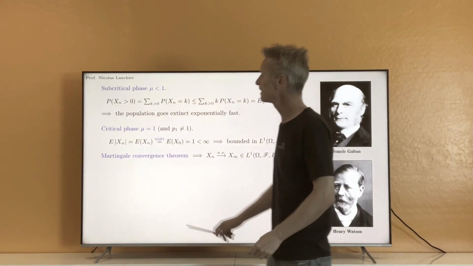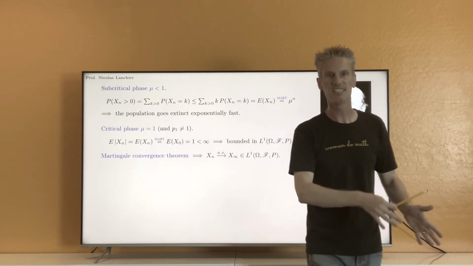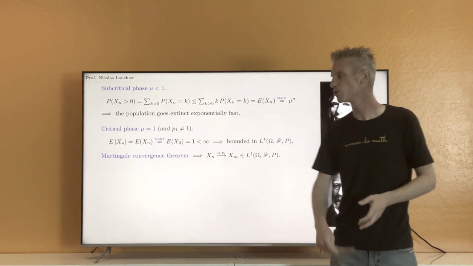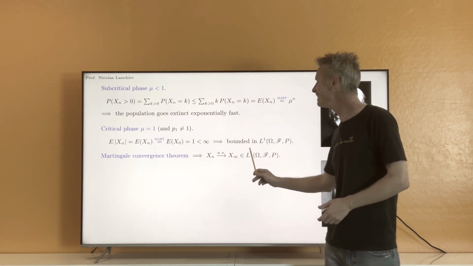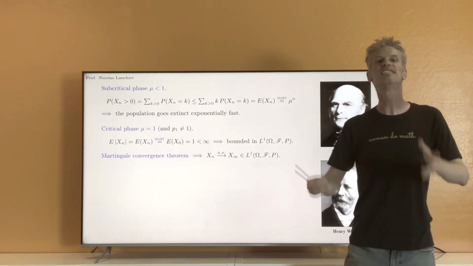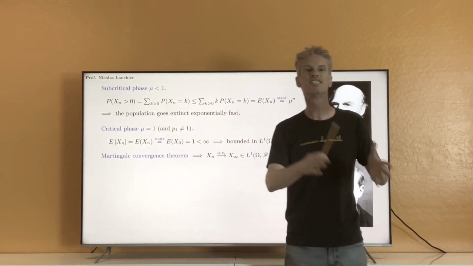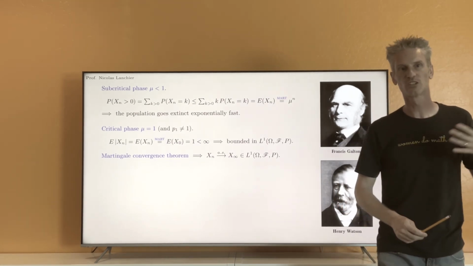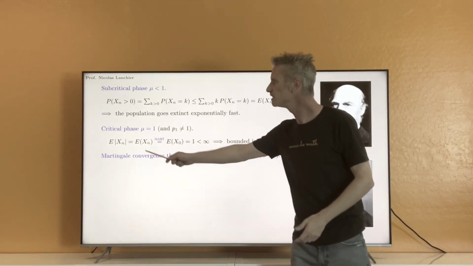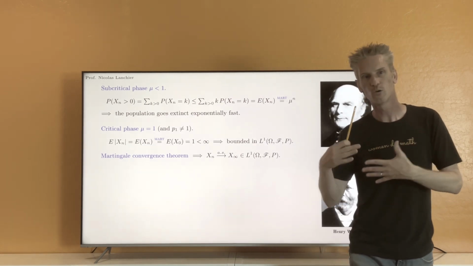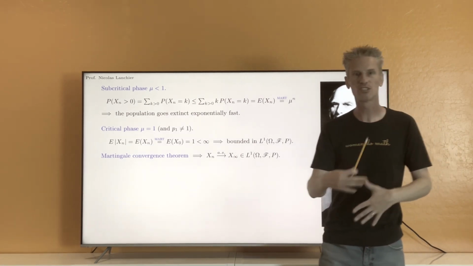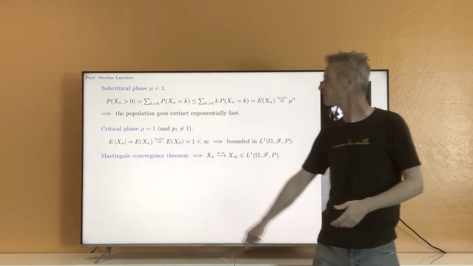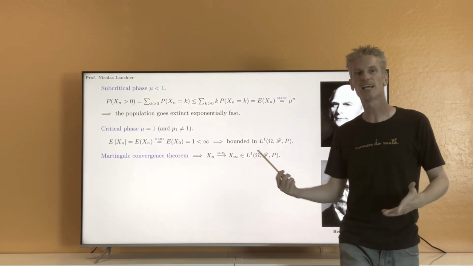It's the fact that a positive martingale is always bounded in L1, and so is going to always converge almost surely to an integrable random variable. Okay? It's not true if your martingale is not positive. For instance, if you look at the one-dimensional symmetric random walk, that's a martingale, but that's not positive. It is not going to converge almost surely to a random variable. But if your martingale is positive, then you can conclude that.